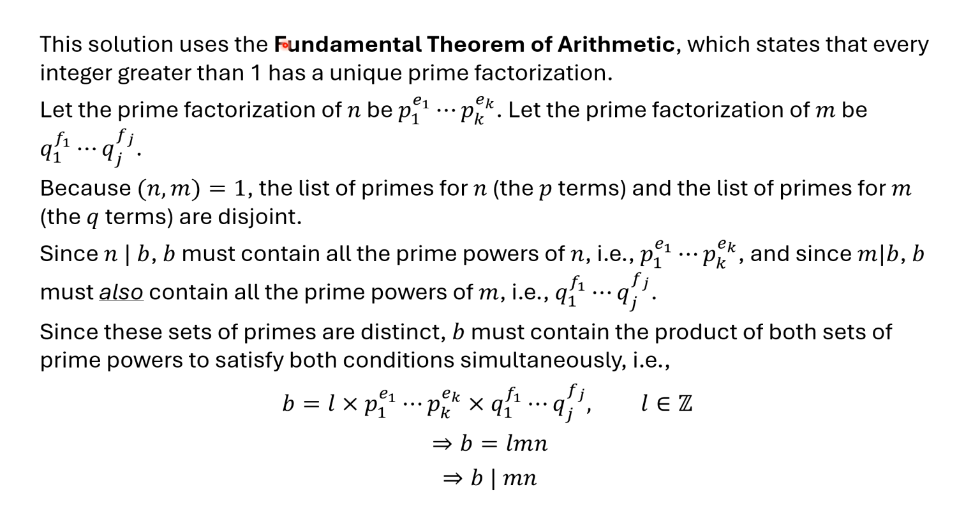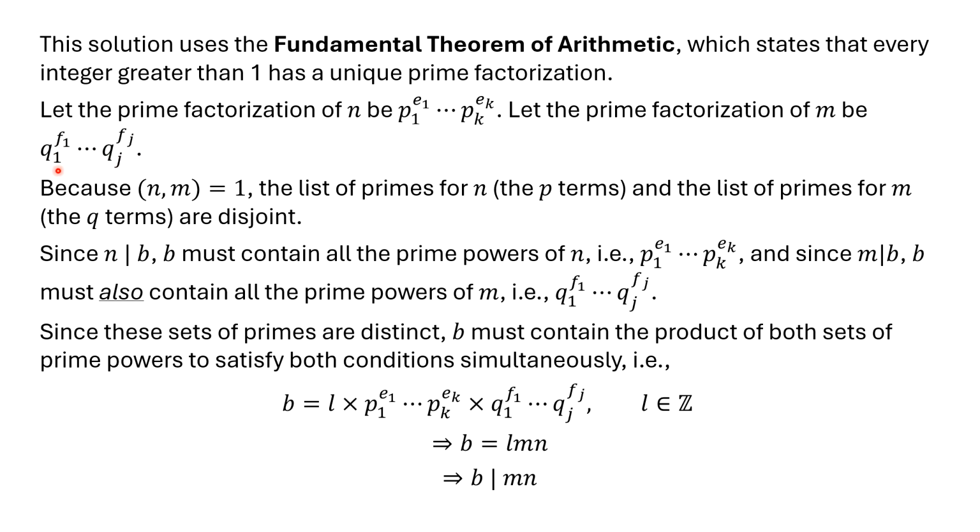The solution uses the fundamental theorem of arithmetic, which I mentioned in the previous lesson, and I proved a simpler case of this. It states that every integer greater than 1 has a unique prime factorization. So we do that for both n and m. You see here for n, it's written as a product of primes, each raised to a power. So p1 to pk are primes. And then for m, we do the same thing. So q1, q2 up to q sub j are primes, and then these f's are the powers that you're raising